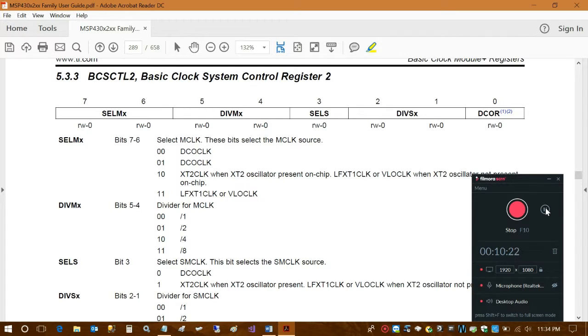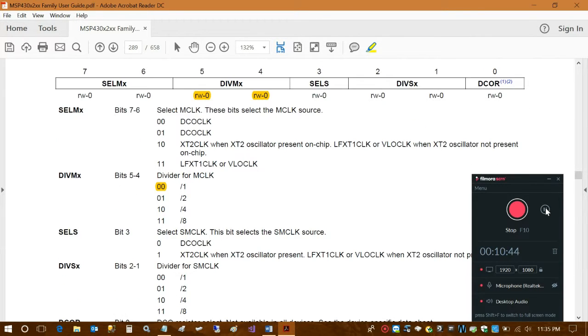And then DIVMX, that is the divider for the main clock. So main clock usually we do not divide, in very rare occasions you would like to divide the main clock. It's a prescaler for the main clock, so usually we go for 00. That is why you can see the default values are 00. And SELS is nothing but select SMCLK. So you can select the source of the SMCLK,